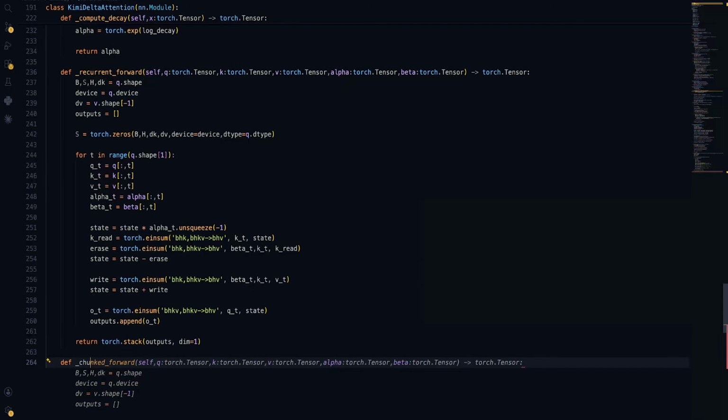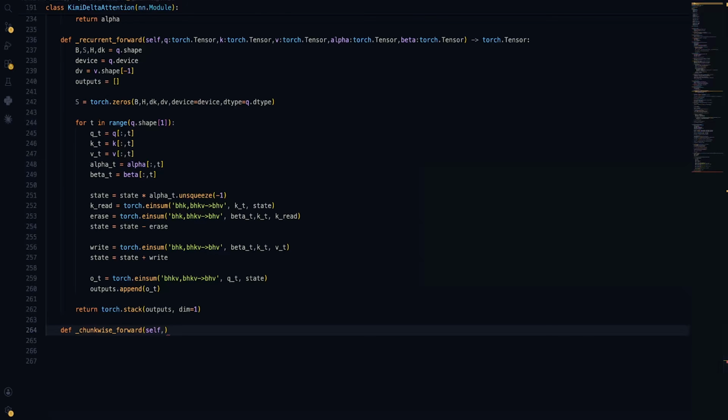So chunkwise forward will be equal to self comma. Sorry, as I was saying, for the chunkwise